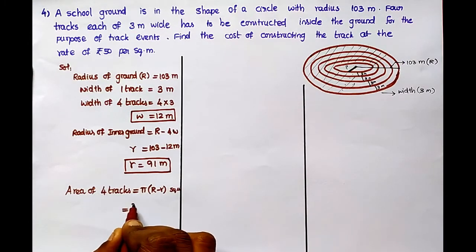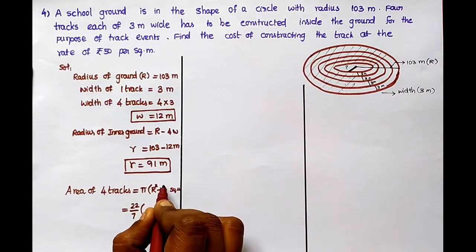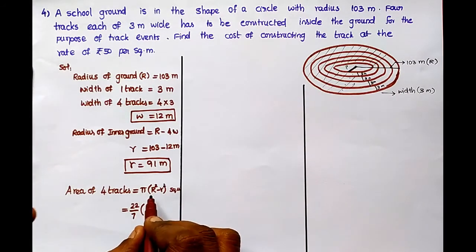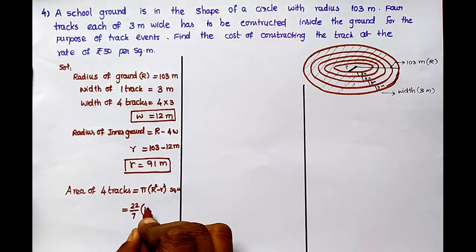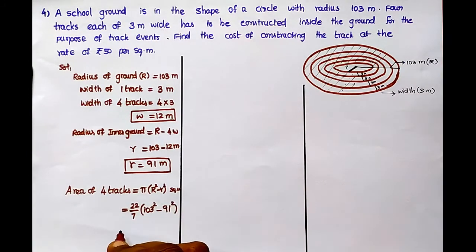Now 22 by 7 into R square minus r square. R square is 103 squared minus small r squared 91 squared. 22 by 7 into, listen,